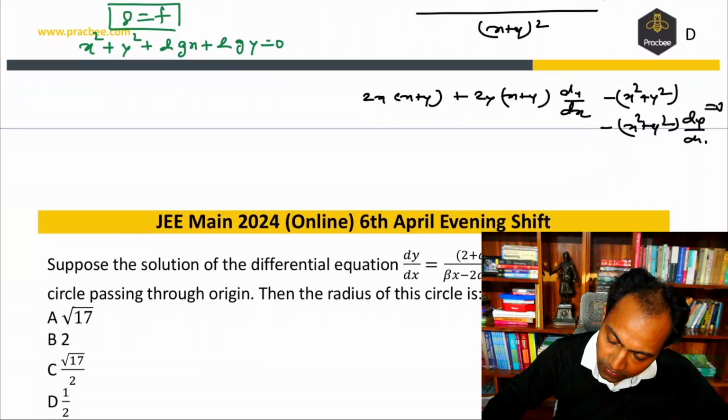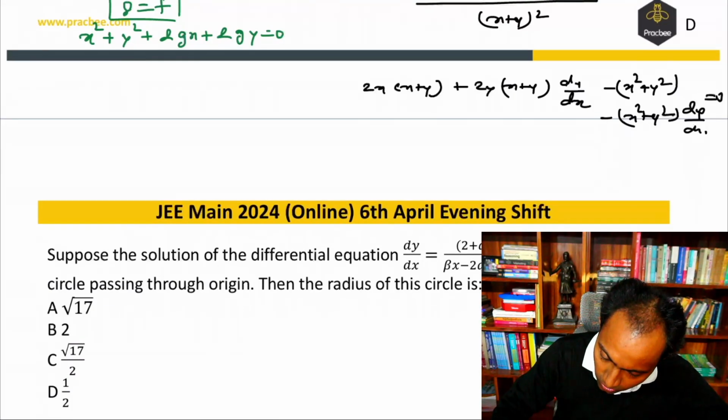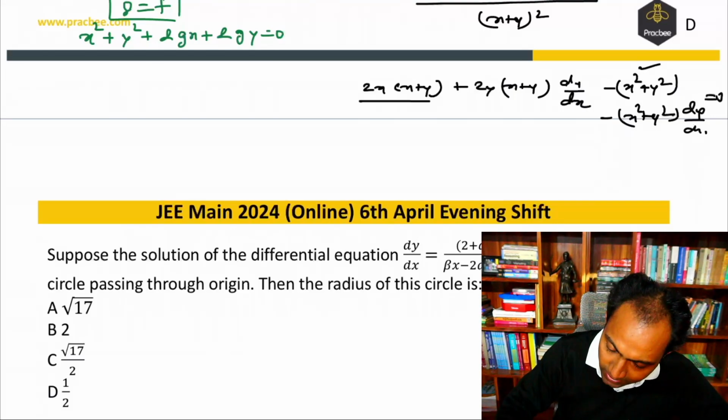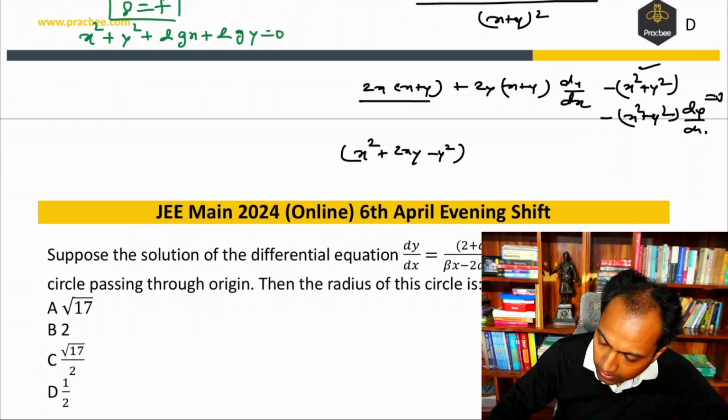Now if I simplify this, let us see what do we get. So we can write this as nothing but twice of x square plus 2xy. From that, 1x square will get cancelled out. So this will become x square plus 2xy minus y square, and whatever is with dy by dx, now this will become 2xy plus y square,